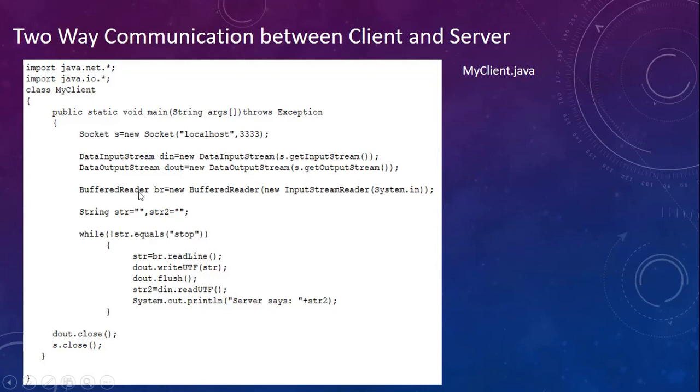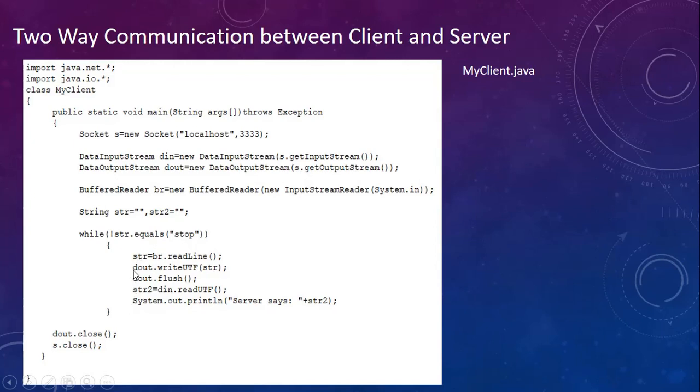Okay, now since the data has to be read, I am using the BufferedReader class. And I need to print, that's why I have used two string variables, str and str2. So now, while, you remember there is a method that we had seen called equals. So I am saying while not str.equals("stop"). So unless and until you type the message stop, this while loop will not stop. While the string str is not equal to stop, this will continue.